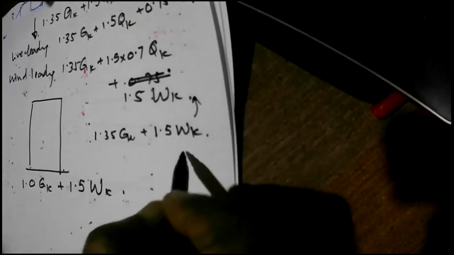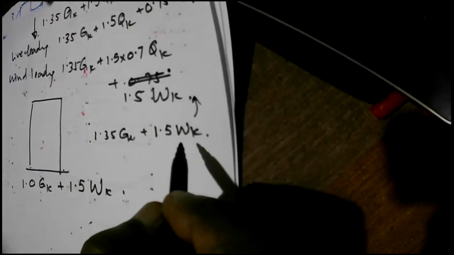So if that is the case, no need to consider this, but it's very useful to consider this particular load combination. So basically, when you are dealing with a tall building, you have to consider all these different